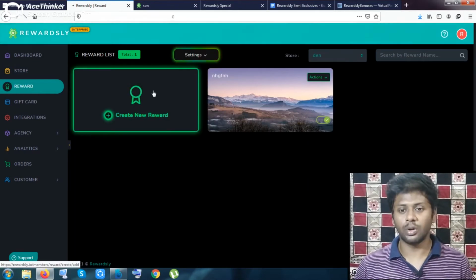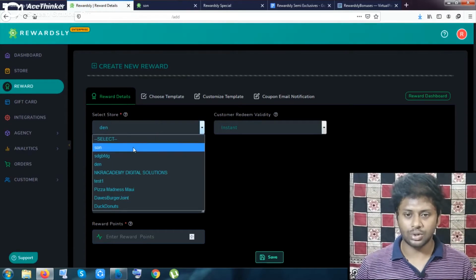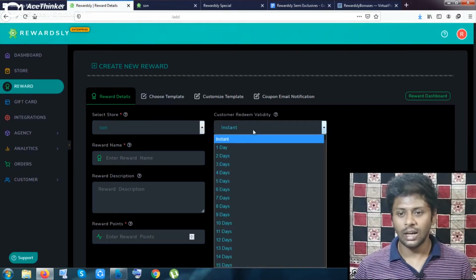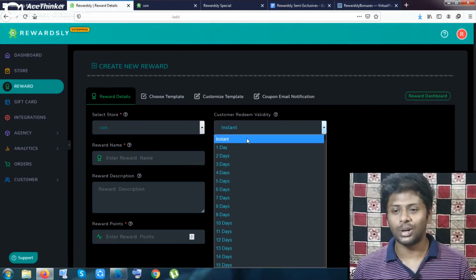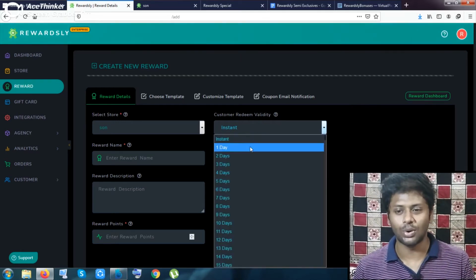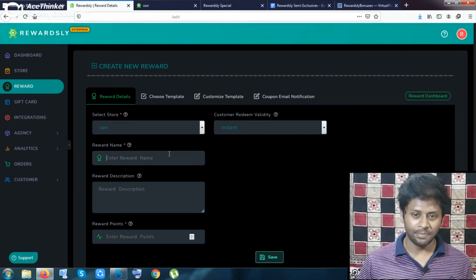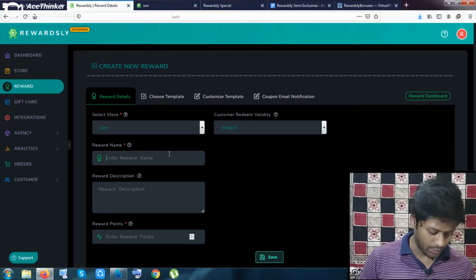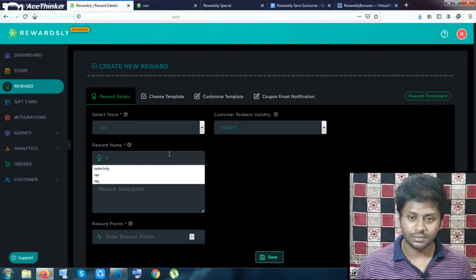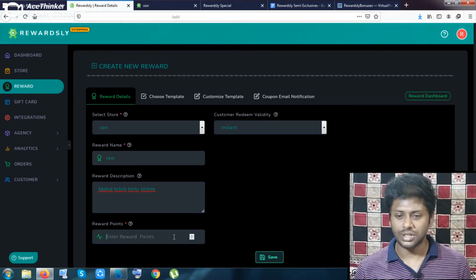So this is the dashboard of reward, and you have to put the reward details. You can select your store, and you can give the reward instantly, or after a few days, or after some time. I want to give it instantly. And let me put here any reward name, like raw. Okay, reward description, any random stuff, and you can mention here your reward point, and let me click on